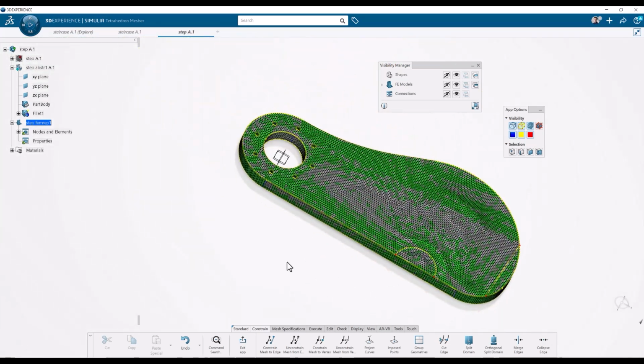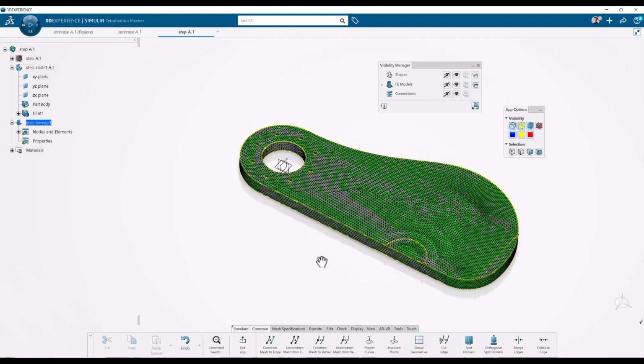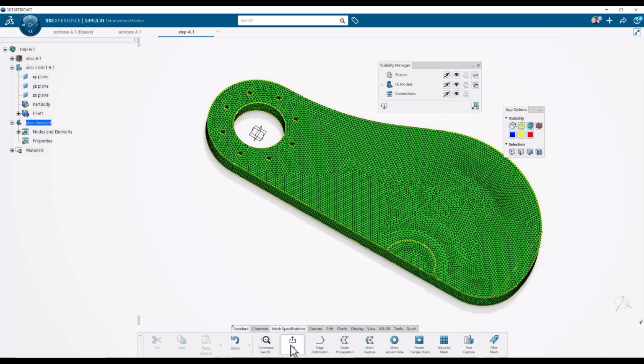For other geometries, it's also possible to unconstrain some edges. It's not going to make much difference here, but you can do it, and then maybe if you have a lot of edges near each other, you can unconstrain some, and then the body might mesh easier. If I'm done with my mesh editing, I can exit the app,